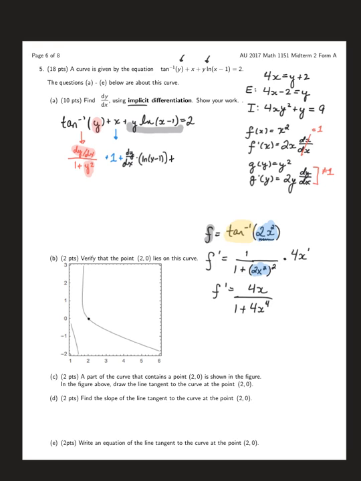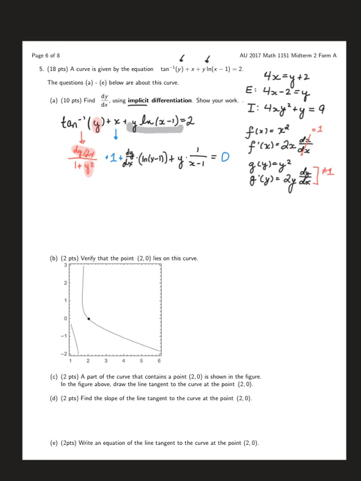Plus the first term left alone, which is y, times the derivative of the second term, which would be 1 over x minus 1. And all that's equal to 0. Now, if you're not sure where that natural log derivative came from, remember, and I believe I did this earlier in this video, when we have a natural log derivative,